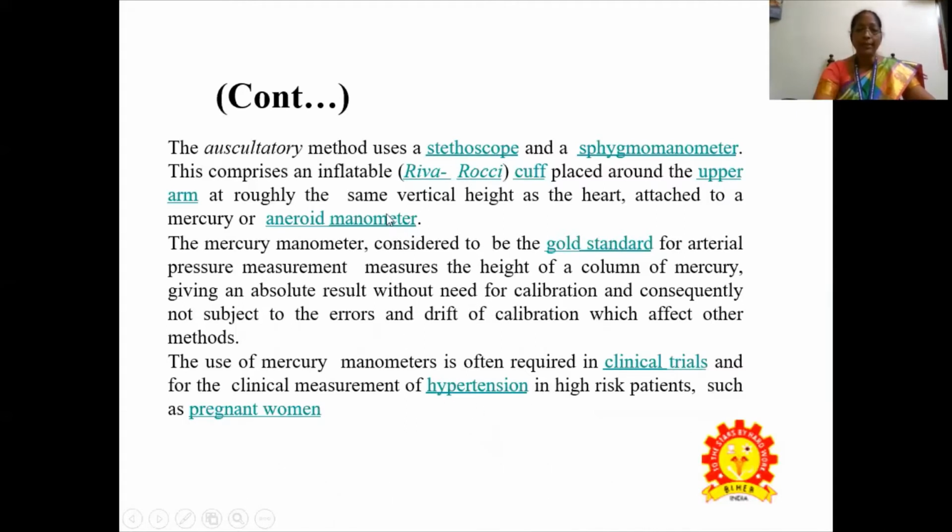So this method using a stethoscope with a sphygmomanometer comprises an inflatable cuff placed around the upper arm at roughly the same vertical height as the heart, attached to the mercury or an aneroid manometer. The mercury manometer, considered to be the gold standard for arterial pressure measurement, measures the height of the column of mercury, giving an absolute result without need for calibration and consequently not subject to errors and drift of calibration which affect the other methods. These mercury manometers are often required in clinical trials and for clinical measurement of hypertension in high-risk patients such as